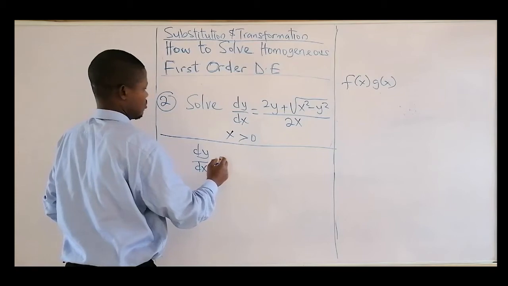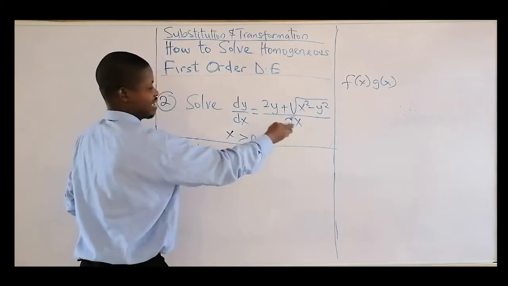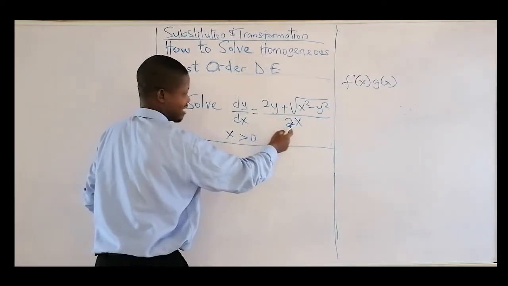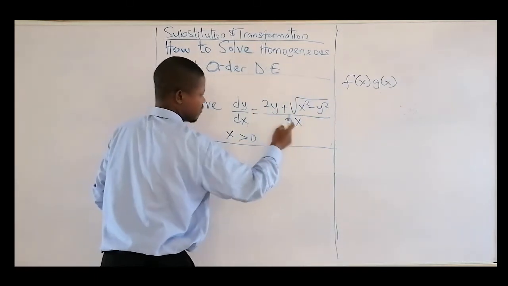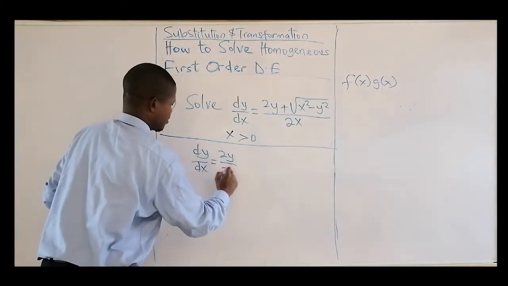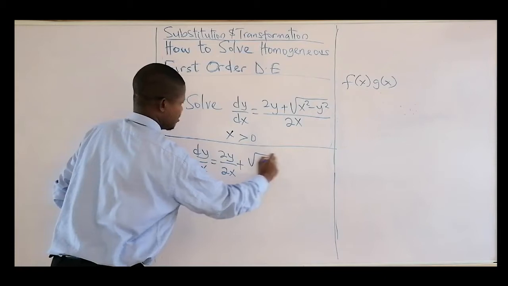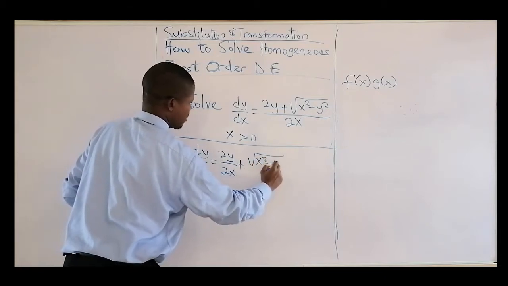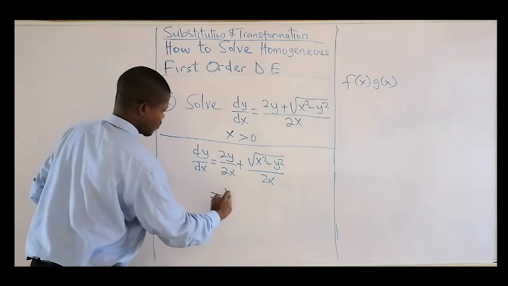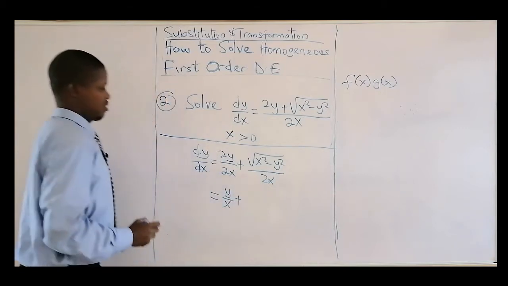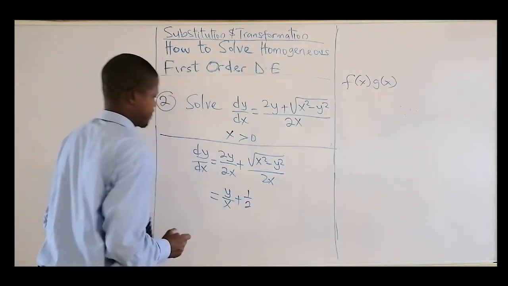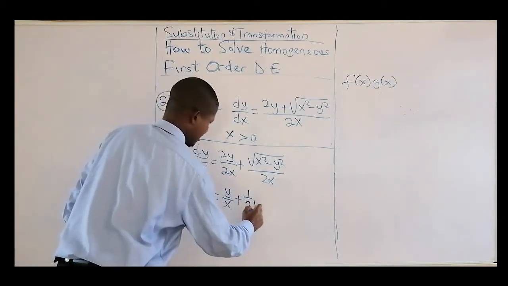Let's divide by that 2. Divide each item by 2x. Algebraically, this means 2y over 2x plus this one over 2x. So I think I should start from there: 2y over 2x, then plus this x squared minus y squared over 2x. So this will give me y over x, then plus a half here. Then I can expand this